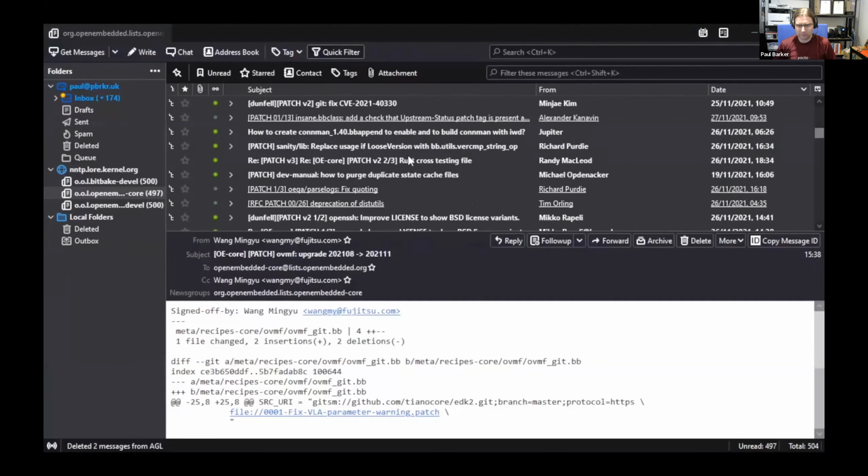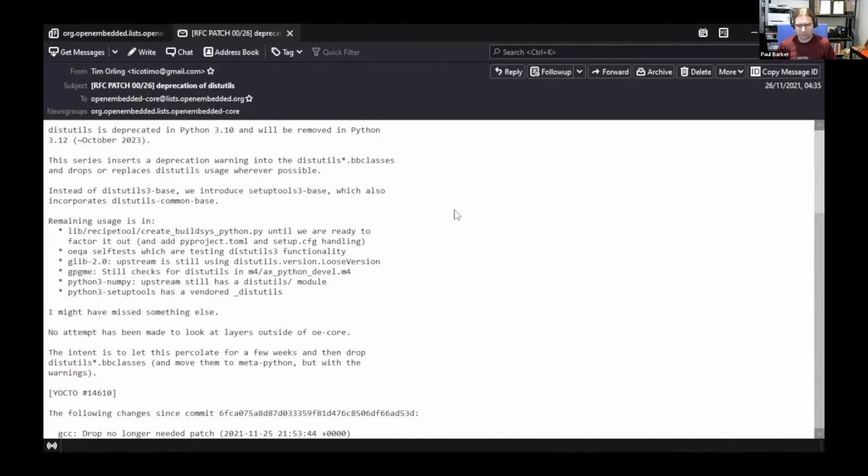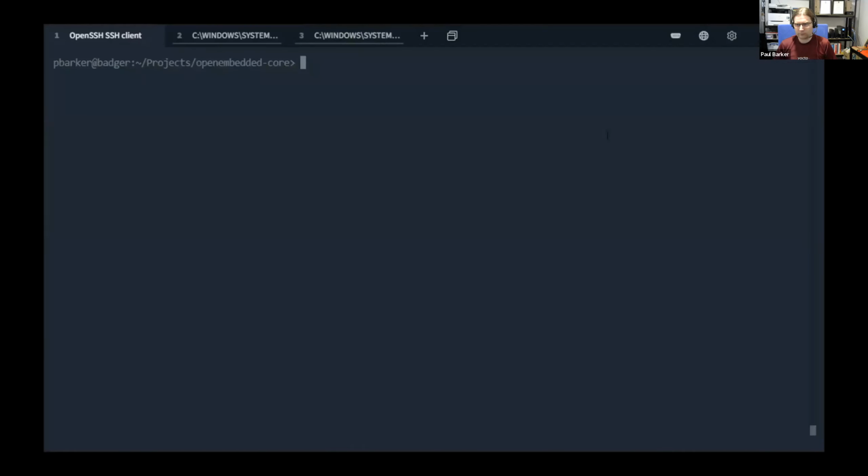And we're just scrolling back through. Here's a good one to try. So this is a 26 patch series from Tim. B4 really helps when dealing with larger patch series like this. So we're going to go to the cover letter and we're going to copy the message ID again. And then back in our terminal, let's run b4 am with that message ID that we've just copied.